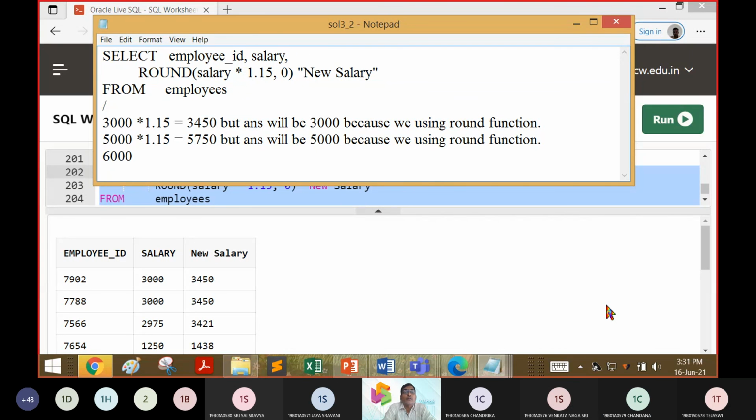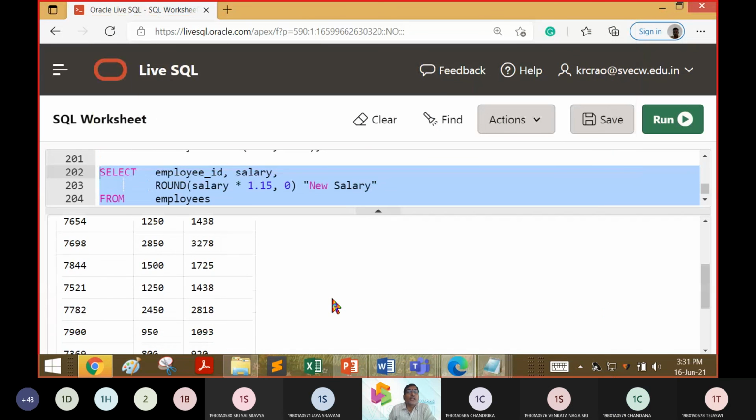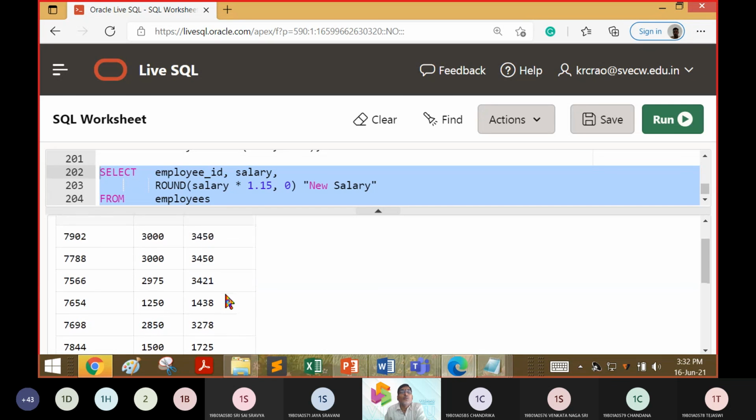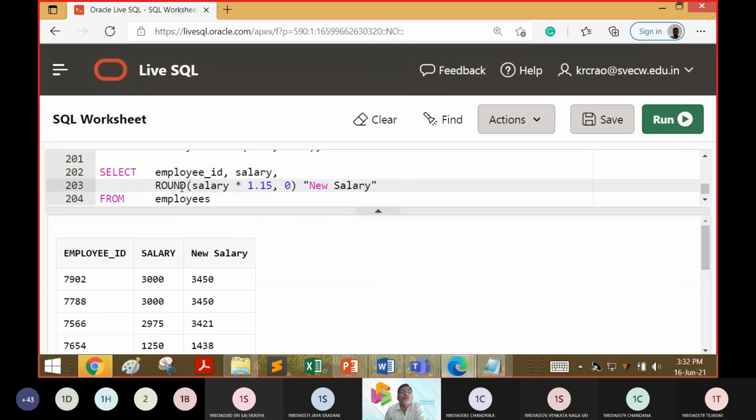Did it work? Yes or no? No, sir. Okay, no problem. So let us see the last record you answered. Did it also affect the last record? No, sir. So if I want to apply a round function, the compulsory condition is that it should be towards the end value, like 3999. In that case, it is going to move.